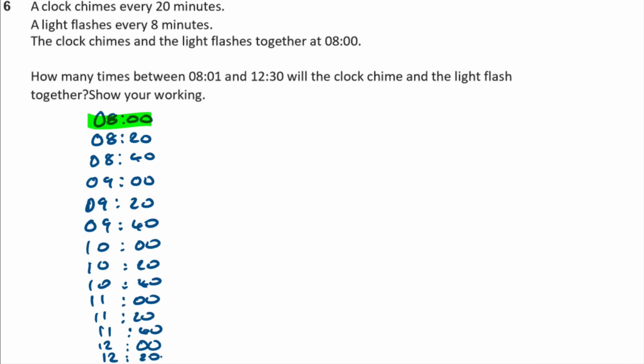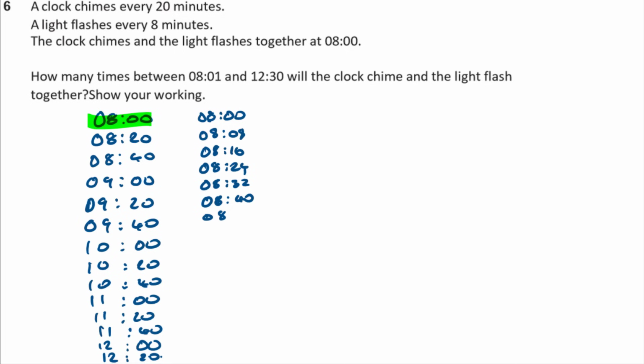The light flashes every 8 minutes. Now, I'm going to start off writing these down. I probably won't do the whole thing because that's quite a lot to write down, and I'm a bit lazy. So it does it at 8. The next one is going to be 8:08. I might just do an hour. 8:16. Then 8:24. Then 8:32, then at 8:40,